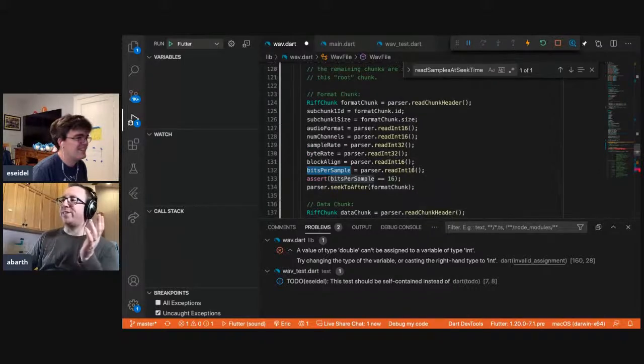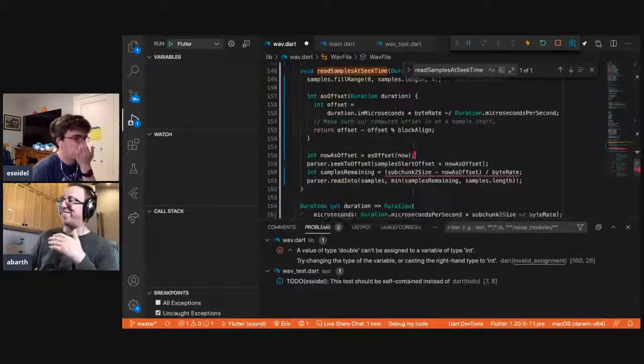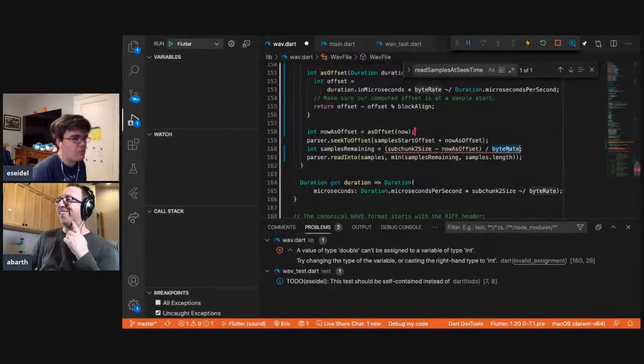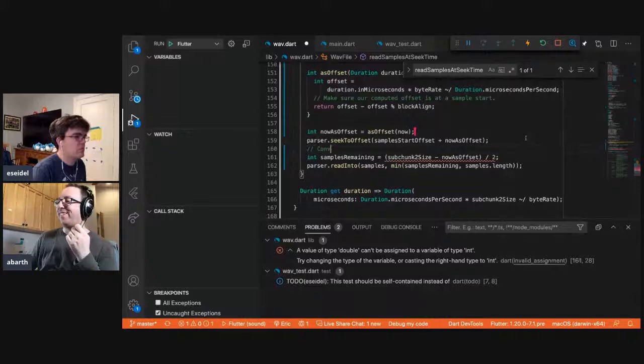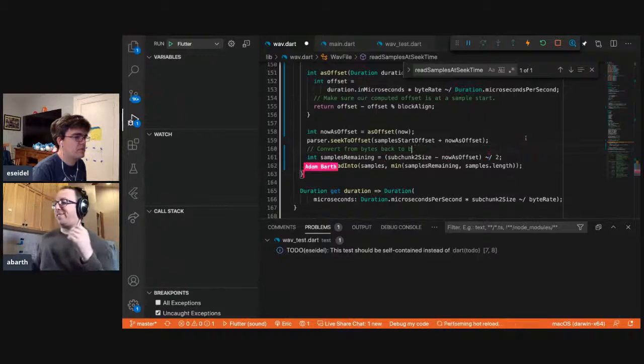Oh, we assert that it's 16 because our code is not smart enough to handle anything other than 16 bits per sample. So this is just 2. Yeah, and we should leave a comment about what that 2 is. That's a cool tilde too. From bytes back to samples.